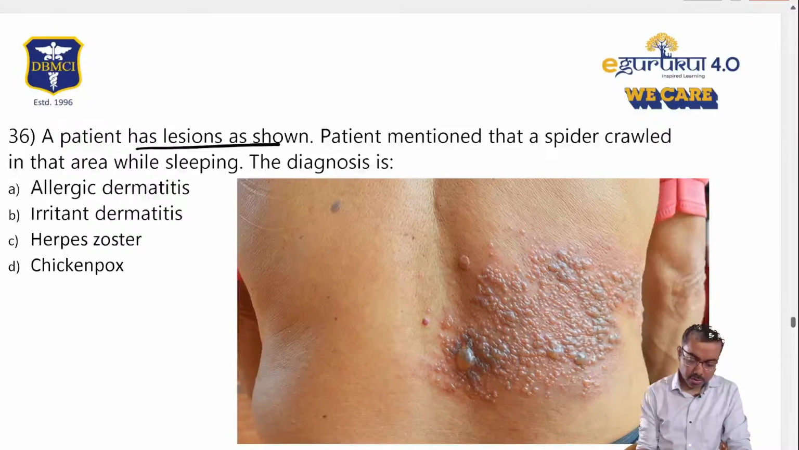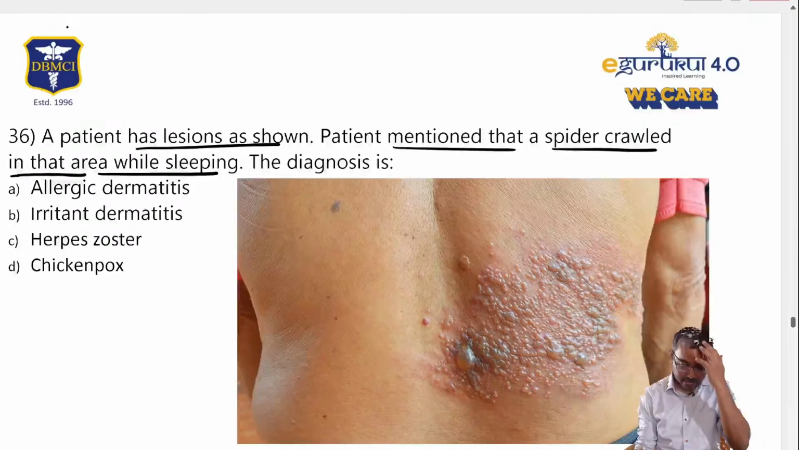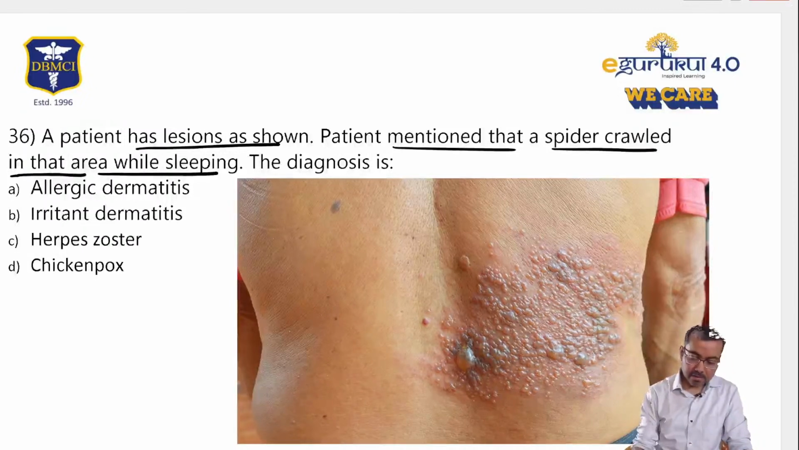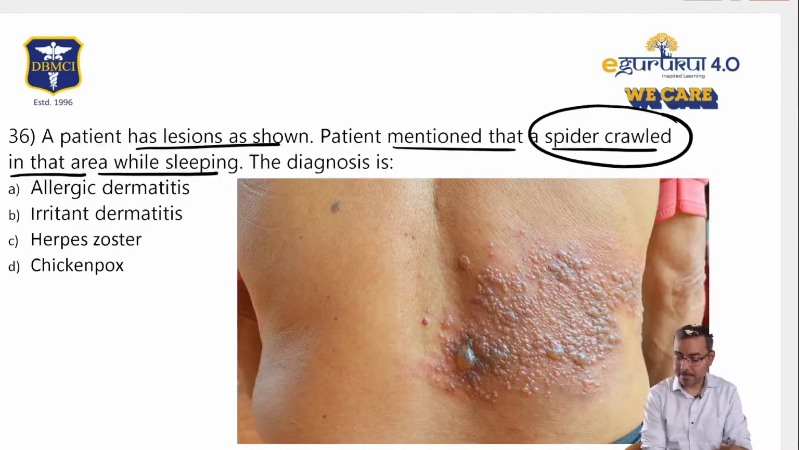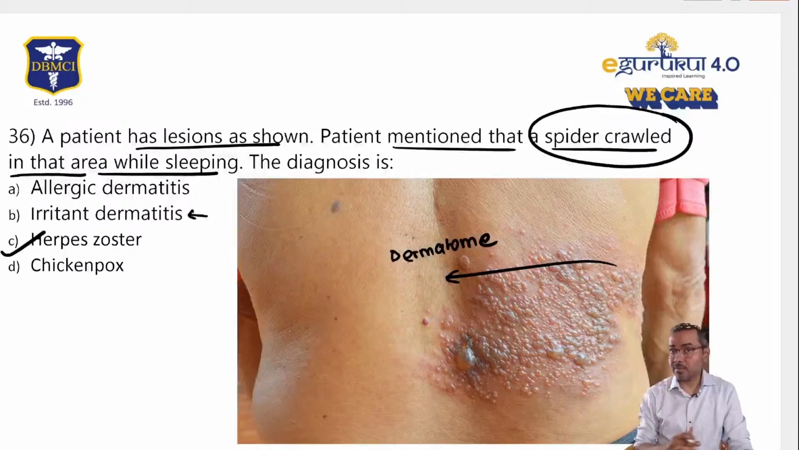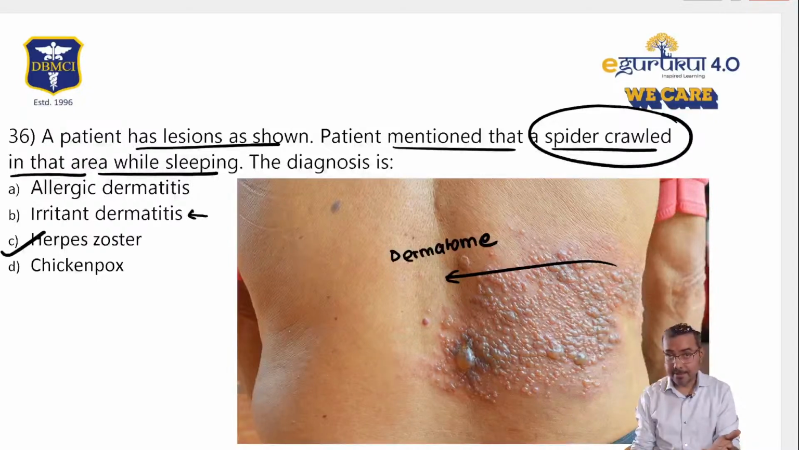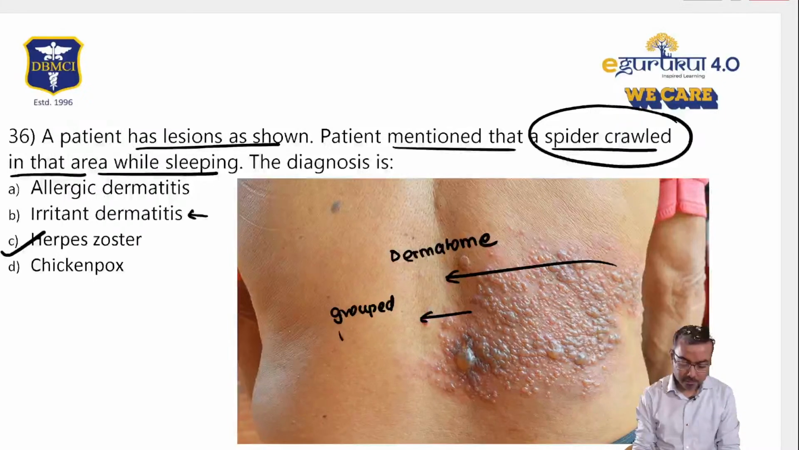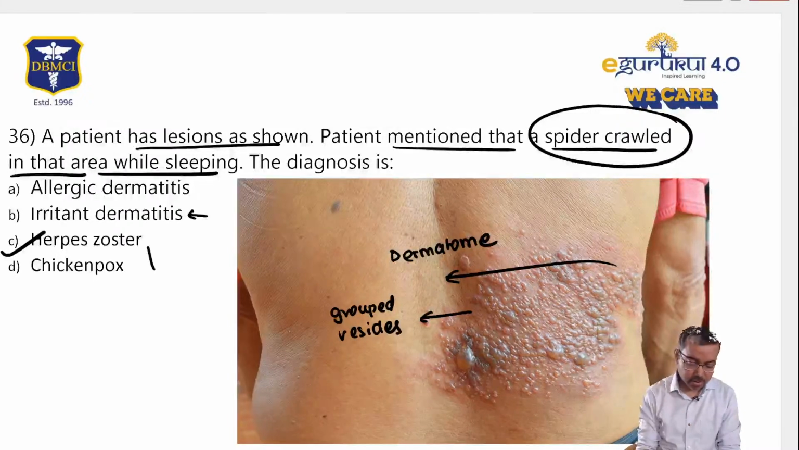Patient had a lesion as shown. Patient mentioned that a spider crawled on that area while sleeping. Diagnosis is? Now, a lot of people will think of this as a spider bite itself. But this is typically a dermatomal lesion. Patient might say that it's a spider bite, but you should not, as a doctor, think like that. A lot of students said irritant dermatitis because of spider crawling, because the patient told you. The patient is not educated, right? Patient can tell you anything, but you are not supposed to believe it. So this is basically grouped vesicles in a dermatomal fashion. So obviously it's going to be herpes zoster, also called